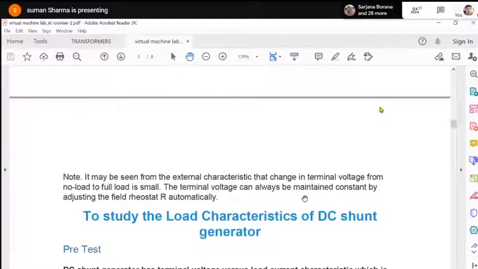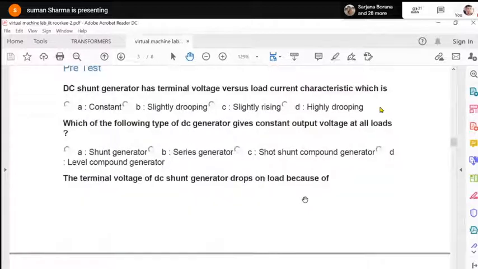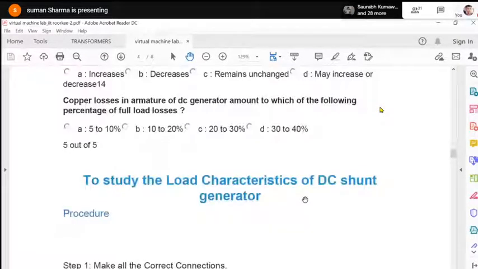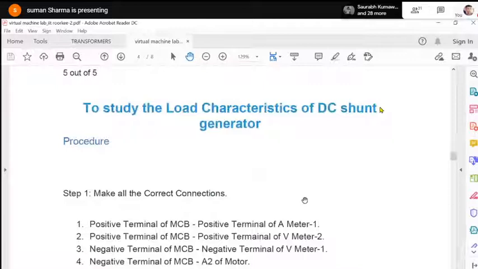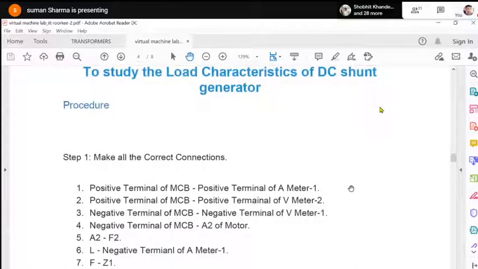These are the pre-test and post-test questions you can solve and mail to me. We will go to the connections. So have you opened the IIT Roorkee site? There is a procedure tab on the left,